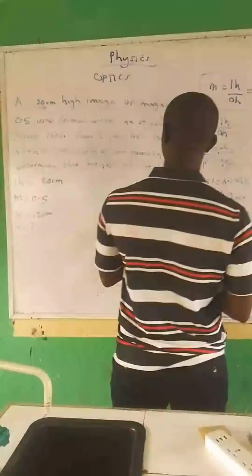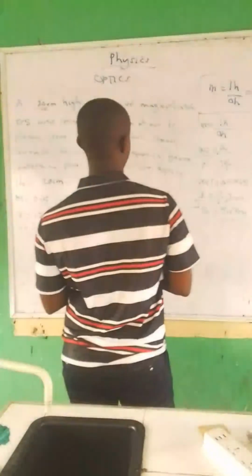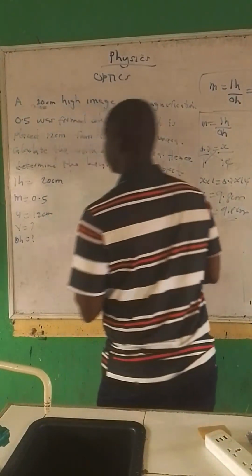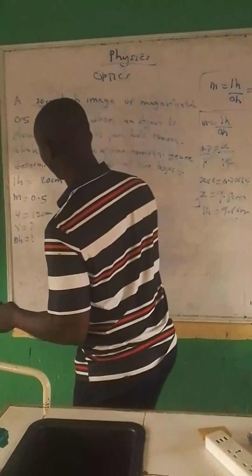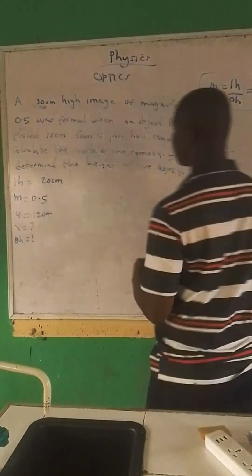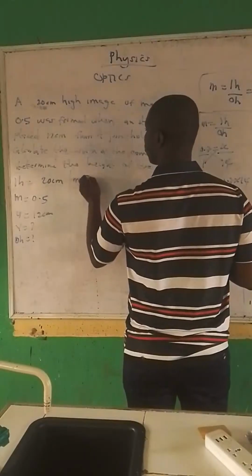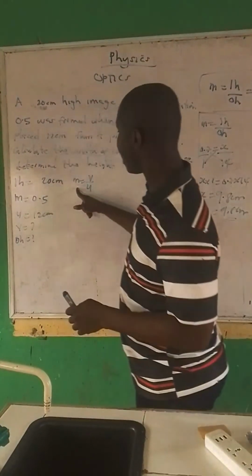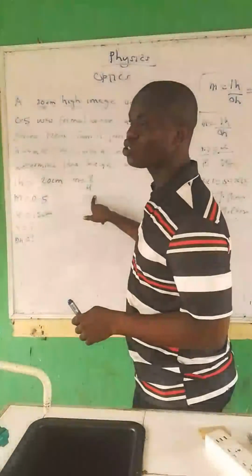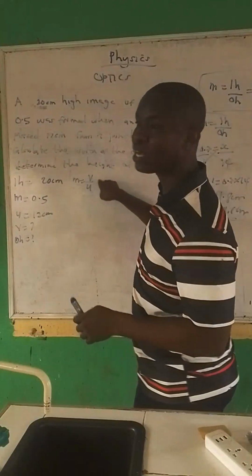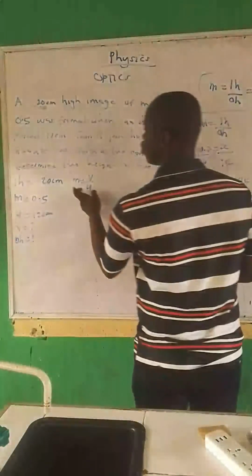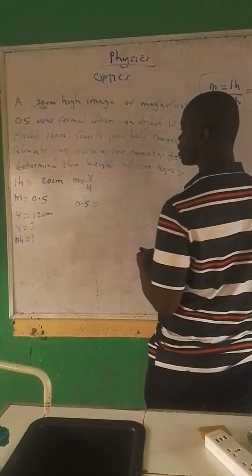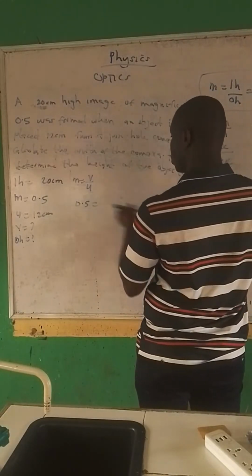Hence, determine the height of the object. So, of course, we are looking for V first, right? So, the first thing we can use is M equal to V over U, because we have the magnification and we have the object distance. So, we can use this formula to find our image distance. So, the magnification is what? 0.5 is equal to image distance, that's what I'm looking for,